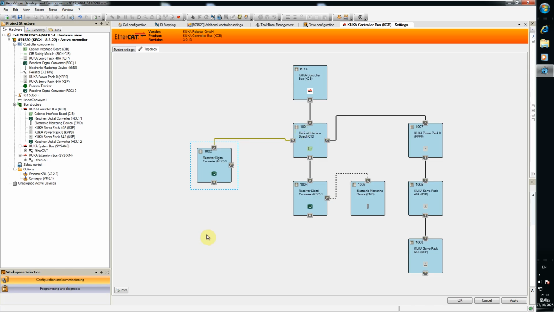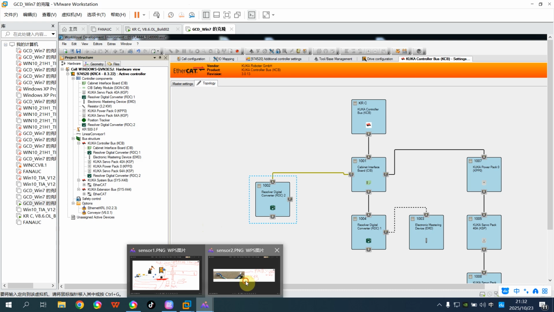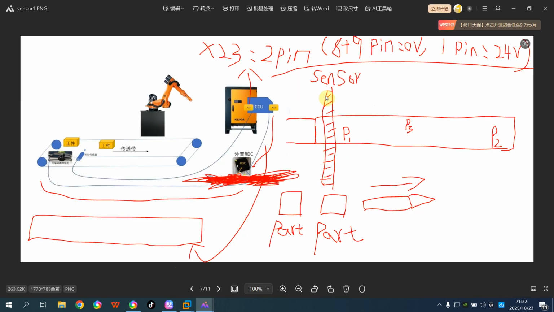Okay, how could we calibrate the conveyor? Go back. Follow this picture. This is the conveyor. We need 3 points position. This is the sensor. This is the part. So the first